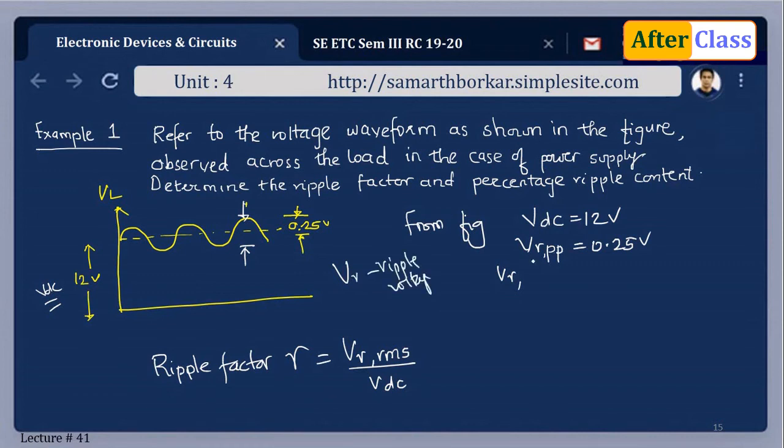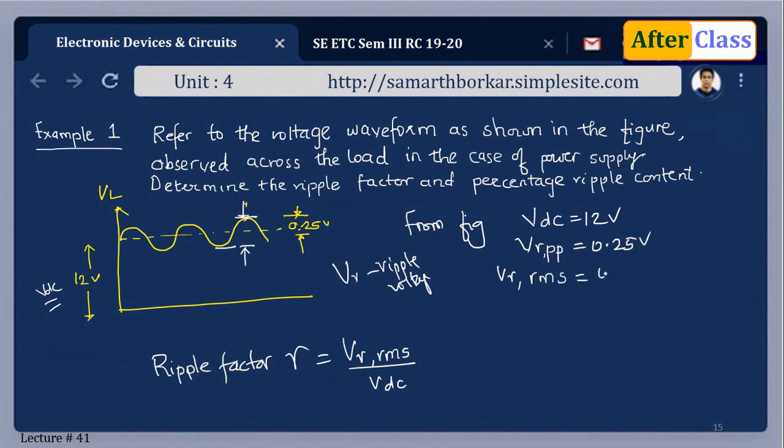So VR peak to peak, what is the meaning of this? It is the peak to peak. From peak to this peak, the ripple voltage is 0.25, and we have to calculate now the RMS value. Then only we can compare VDC and the AC component of this signal. Okay. So VR RMS